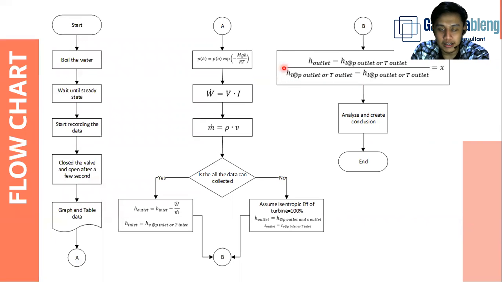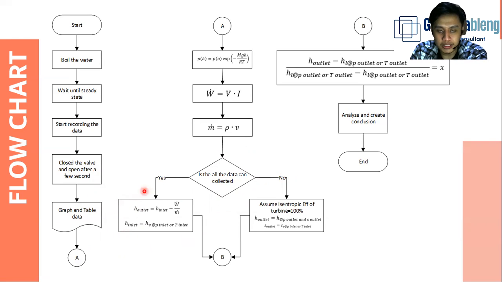First we will calculate the environmental pressure. I use isothermal in here, and we find the power, V multiplied by I, the current, and there is also the mass rate, rho, the density, multiplied by velocity, and there is the flowchart. Can all the data be collected? If yes, we just use this